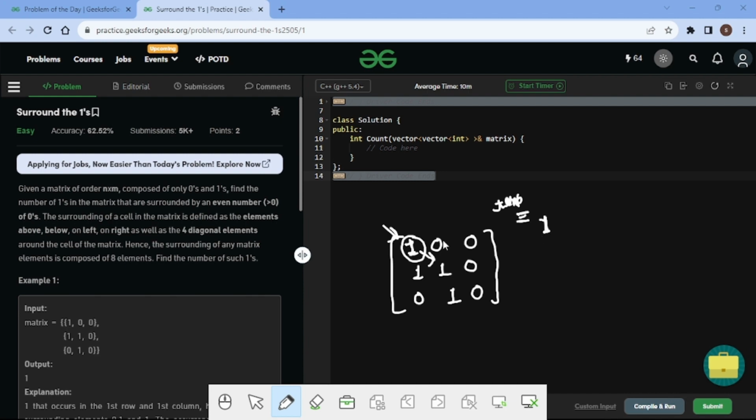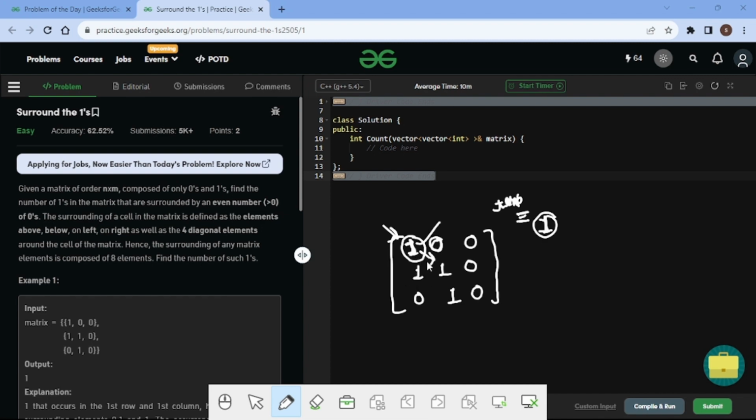So for this index, which is 1, there is only one 0. The count of zeros for this number is 1, but 1 is an odd number, so this is not included in our answer variable.